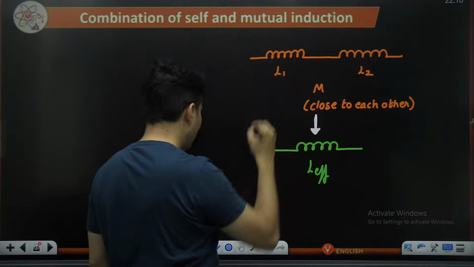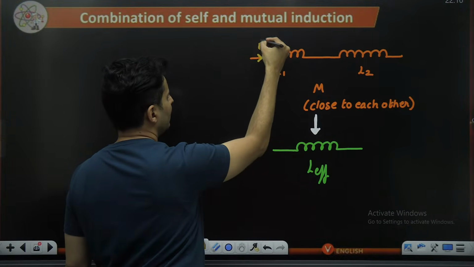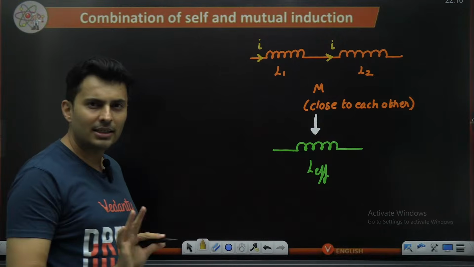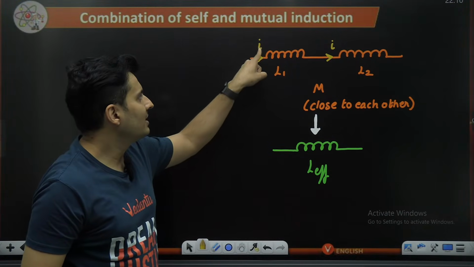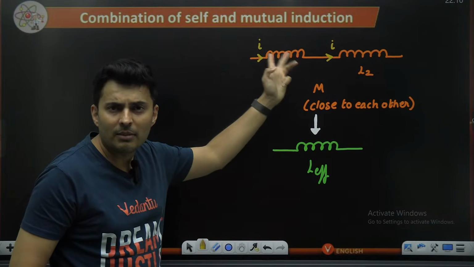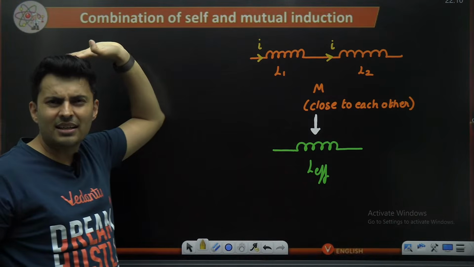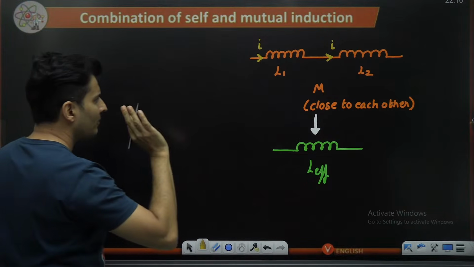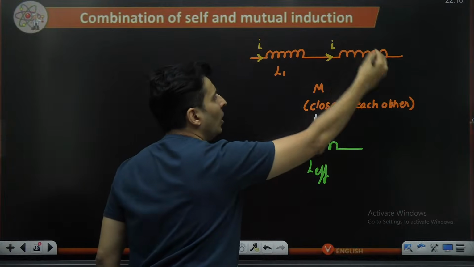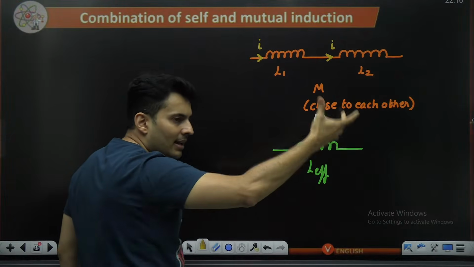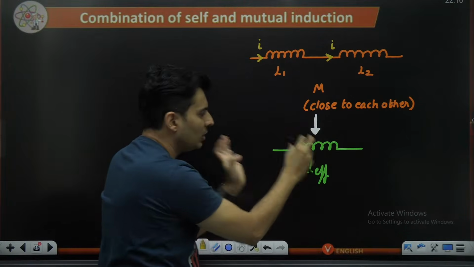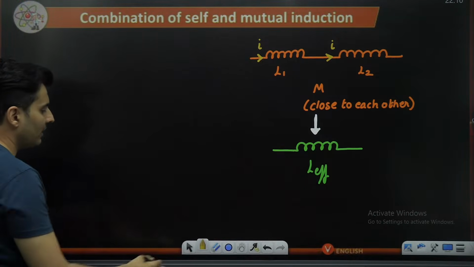See, imagine there is some kind of current which is passing through it. That same current will also pass over here, isn't it? Whenever there is a change in the current here, there will be an EMF which will oppose it. Assume the current is increasing, so that EMF will try to oppose that change. So I will try to convert all these inductors into batteries and then combine those batteries into one single battery. That's what I will try to do.